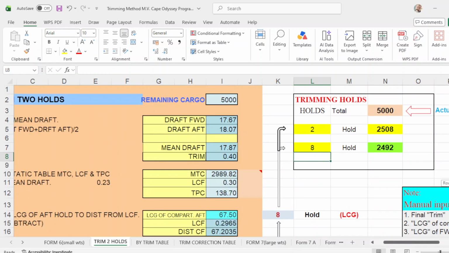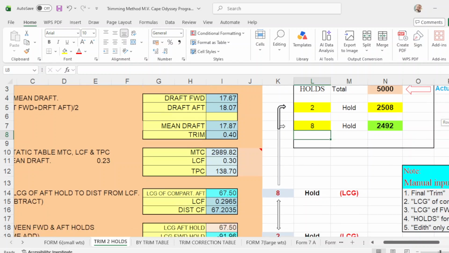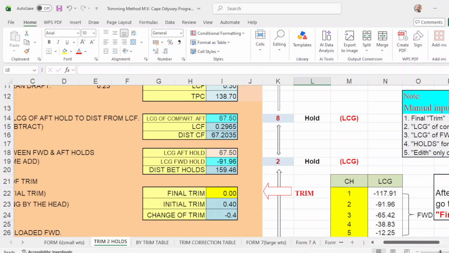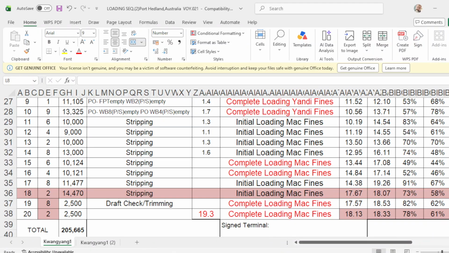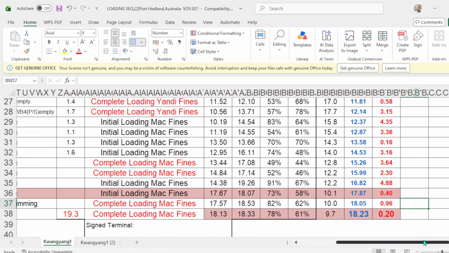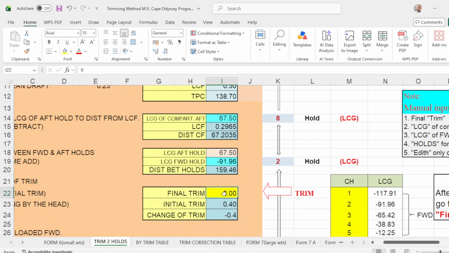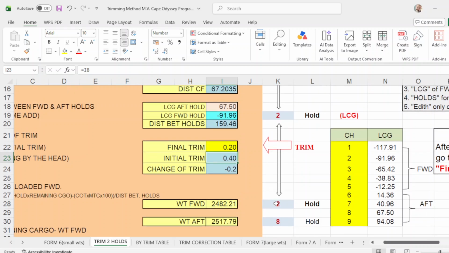Okay? So how much are we going to load in hold number 2 and number 8? Our final trim, according to our loading plan, is 20 centimeters, with a mid drop of 18.23. So you put here 20 centimeters, 0.20. Press enter, and it will advise you to load in hold number 2 and number 8.